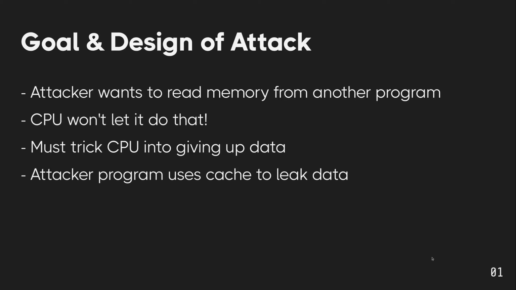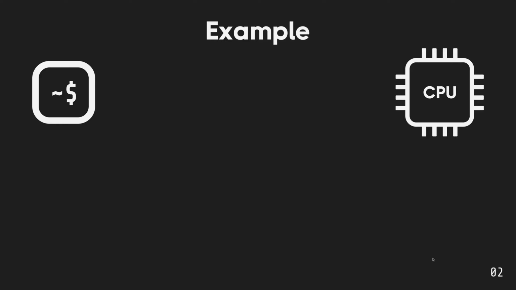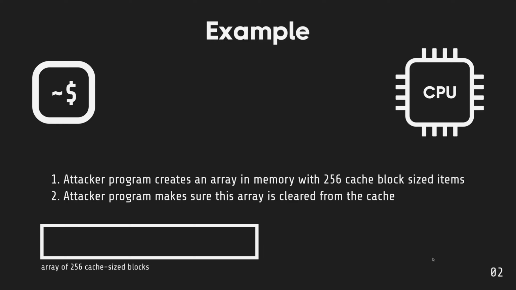Modern CPUs have memory protection, which prevents one program from reading the memory of another program, right? So Spectre is an attack that goes around it by tricking the CPU into giving up the data. It works like so: the attacker creates somewhere in memory an array of 256 cache-sized blocks and makes sure it is not in cache,